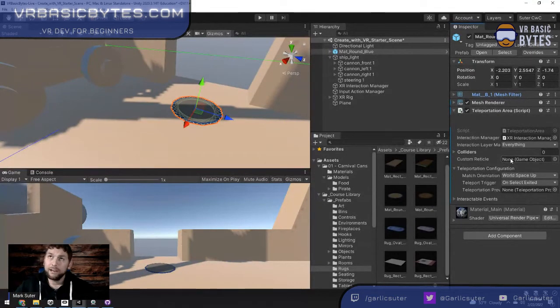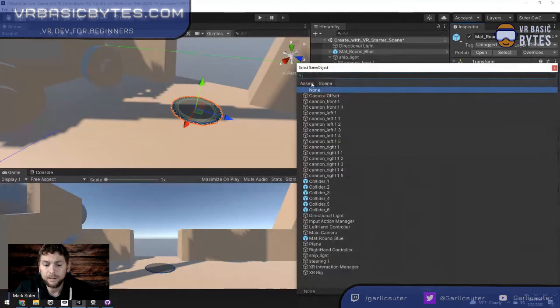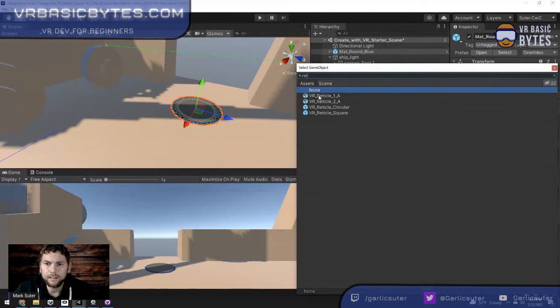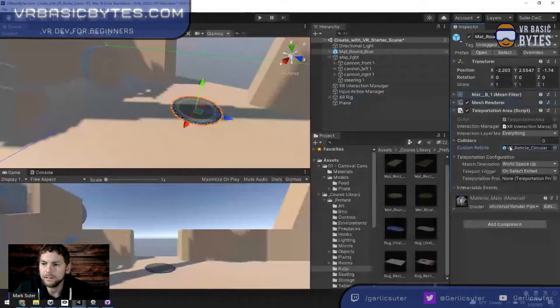So when I play it right now, I have a laser type thing, and when I point at something I can teleport to, I can make it so that it's something special, so to speak. So I'm going to click in assets and just type in ret, and there's a whole bunch of them. I'm going to do circular, and you'll see what that looks like in a little bit. And the teleportation provider,